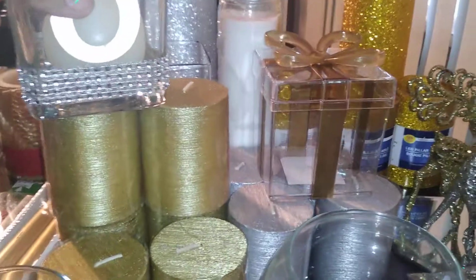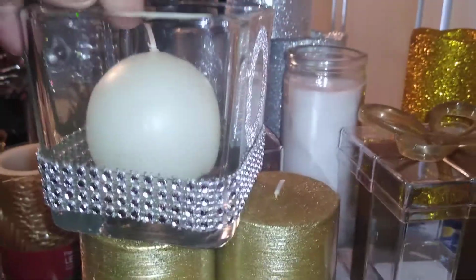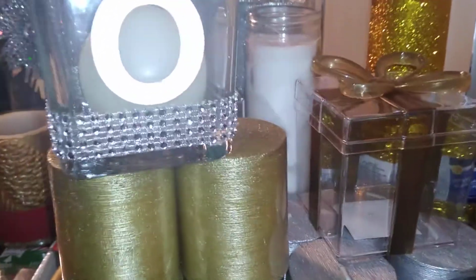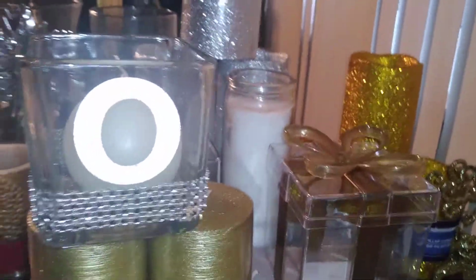Next, another one of my favorites. You've seen these little square glass, just plain square glass candle jars. I really love this. This is one of my favorites. As you can see, I'm using it again. I'm creating a vignette piece where I spell out joy, and I simply attach some of the little silver metallic,